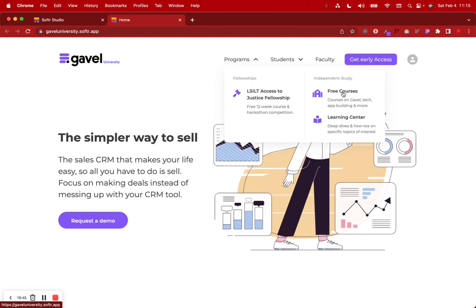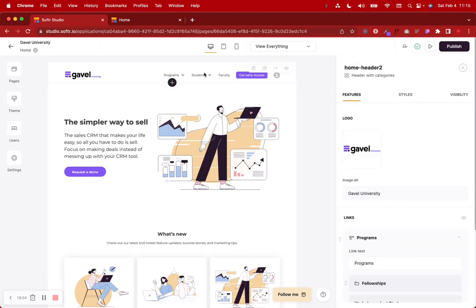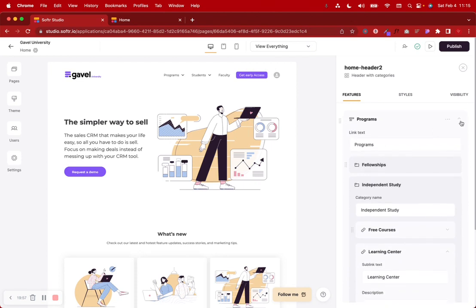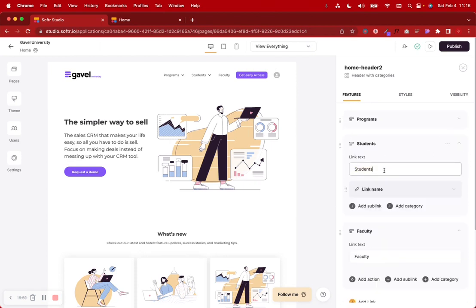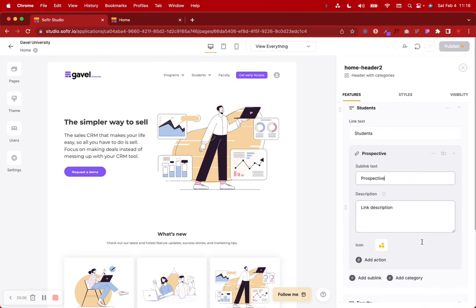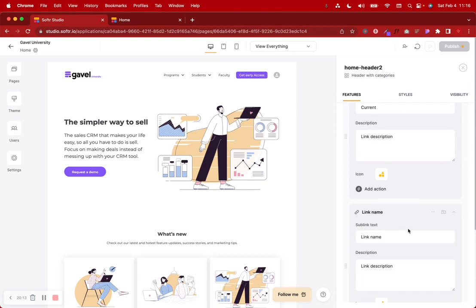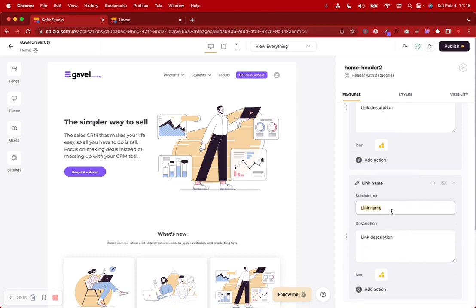We don't have the free courses yet because we need to create that, but we'll do that in a moment. But for now, let's work on the students section. So if we go back to the header and we go over to students now, we can say perspective. Then we can say add a sublink and we can have this one be current. And then under this one, we can add a sublink and we can say, well, I think we can just say,